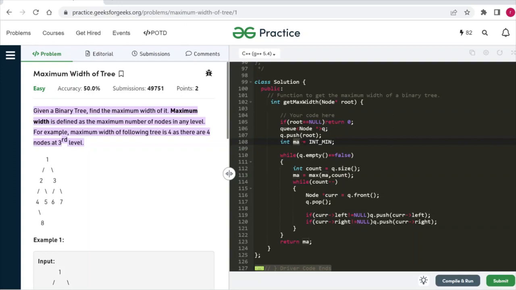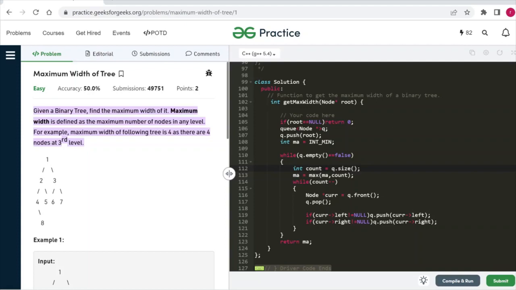We are going to run a while loop, that is, while q.empty equals false, int count equals q.size. Basically, here we are calculating the number of nodes at a particular level, which will be stored in the count variable. Now we are going to compare it with the previous ma value.